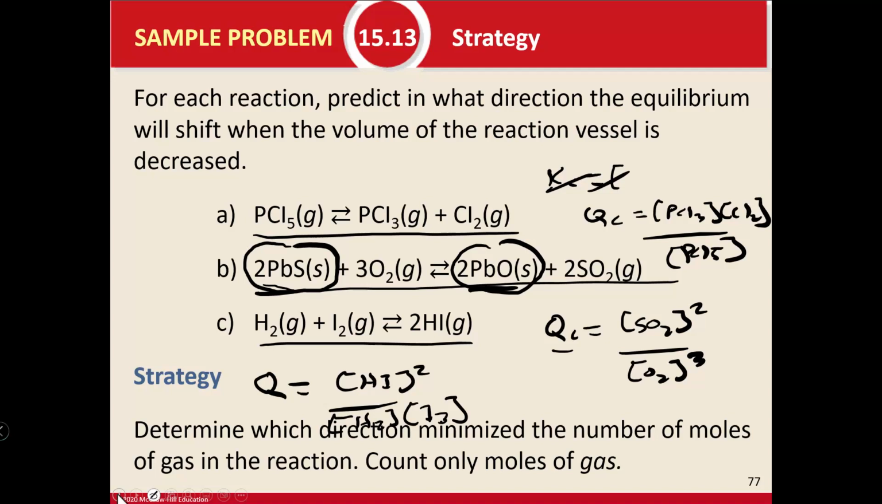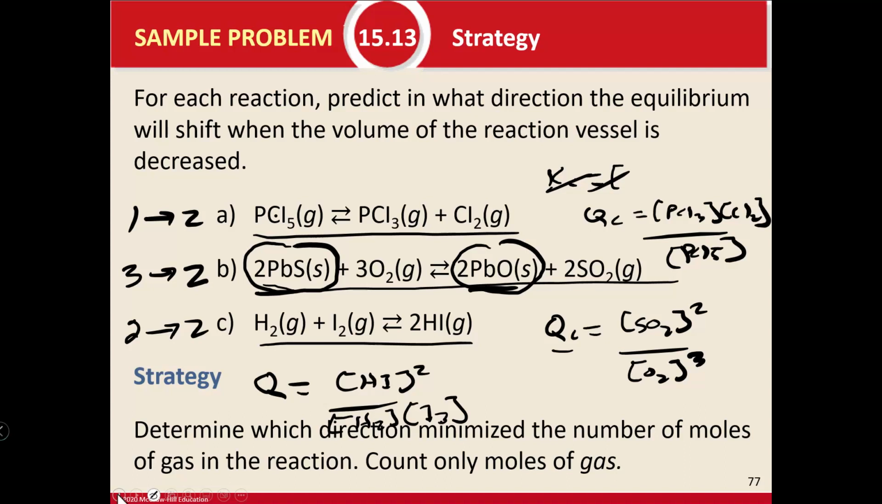All right, so the other thing that you need to be aware of is you're going from 1 mole of gas to 2 moles this way. Here you're going from 3 moles of gas to 2 moles. And the last one, it's 2 moles to 2 moles. And that one's the one that gets the most students. Nothing happens here. If I decrease the volume, it affects everything equally,